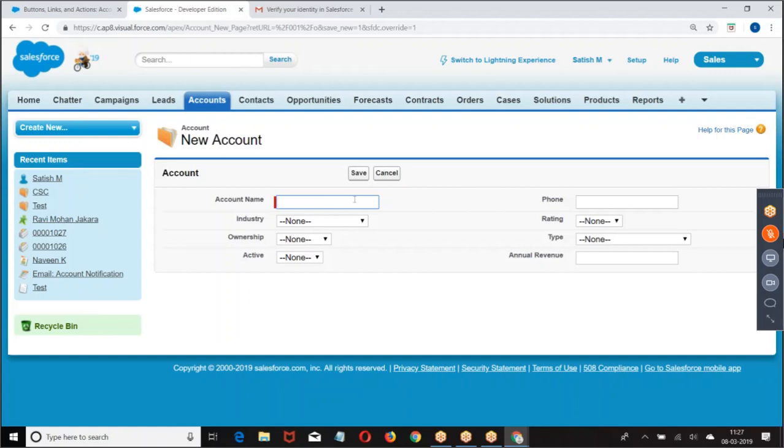Any Apex class you want to use as an extension, the class should have a constructor with a parameter. What is the parameter? Apex pages dot standard controller. Now the standard controller will refer to one record. Which record depends upon which record you pass. Then get that record and perform the operation.